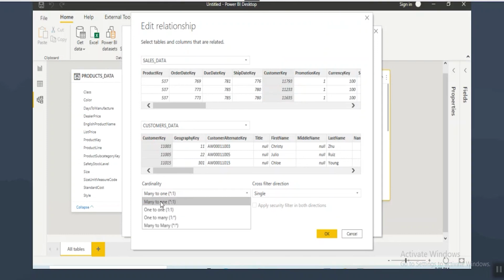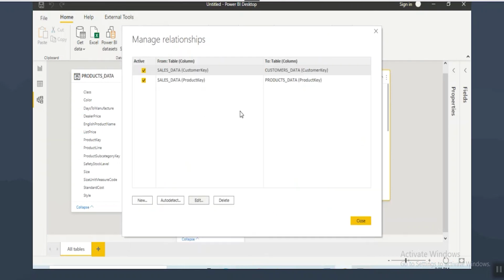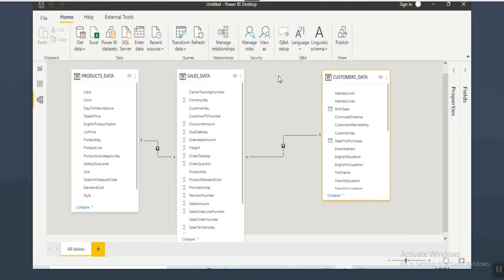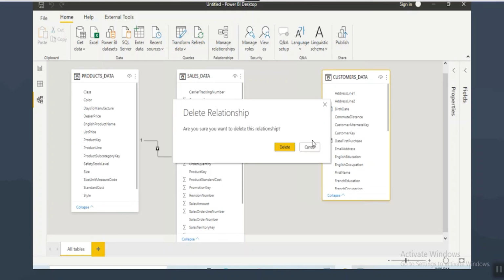These are the different cardinalities we usually have between the tables. You need to tell it when you are establishing the relationship between the tables. In the majority of cases you will get the cardinalities automatically detected by the tool. You don't need to select it, but you need to have the knowledge. Someone is asking, when you select the relationship